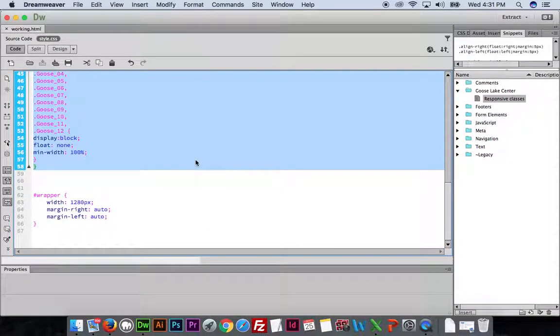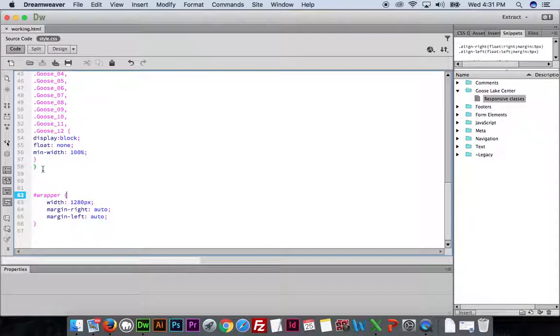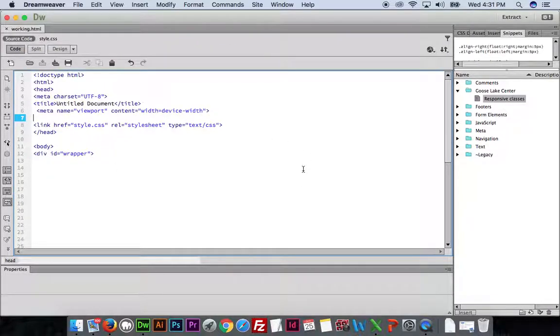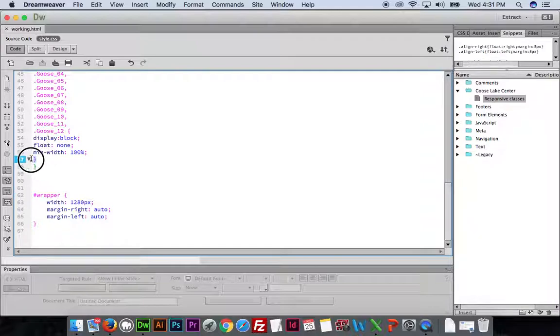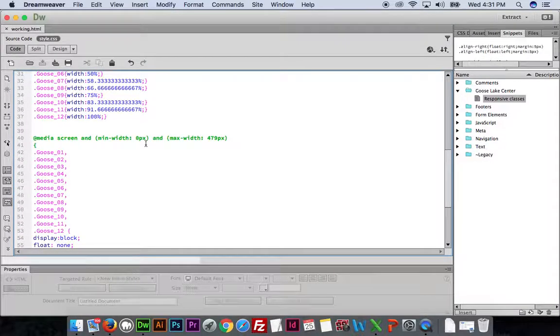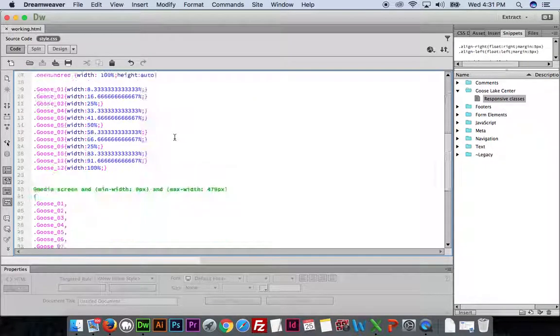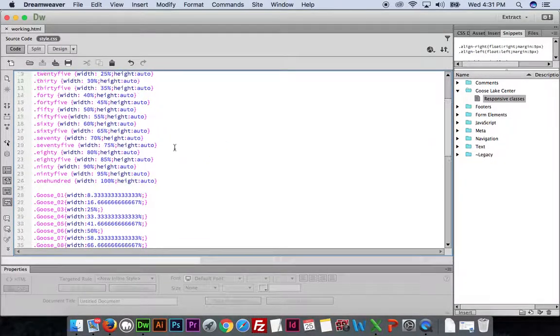Okay, our responsive classes are in place in the CSS. You can tell it's CSS because it's full of these curly brackets and octothorpes, and you don't see any of those in your HTML. You have to be able to distinguish what's CSS and what's HTML. HTML has these little carets, these greater and lesser signs. The CSS mostly has curly brackets, octothorpes, dots, and things like that. Look at the colors. The colors will also give you a clue not only that this is CSS, but when